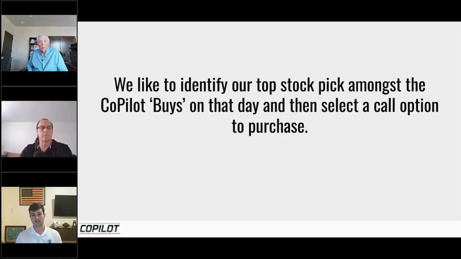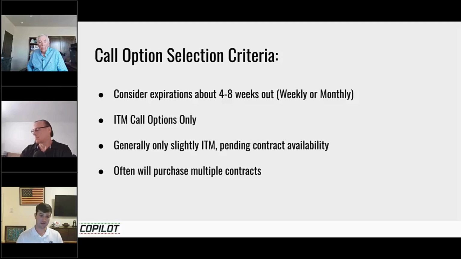Now, we like to identify the top trade pick amongst the CoPilot buys on any given day and then select a call option to purchase to trade that signal. Now, how we do this is selecting the different call options. We generally will consider option expirations that are about 4 to 8 weeks out from the present, and these can be either weekly or monthly option expirations, just depending on availability. Some stocks have weeklies, some stocks only have the monthly options, but we're considering expirations that are somewhere between 4